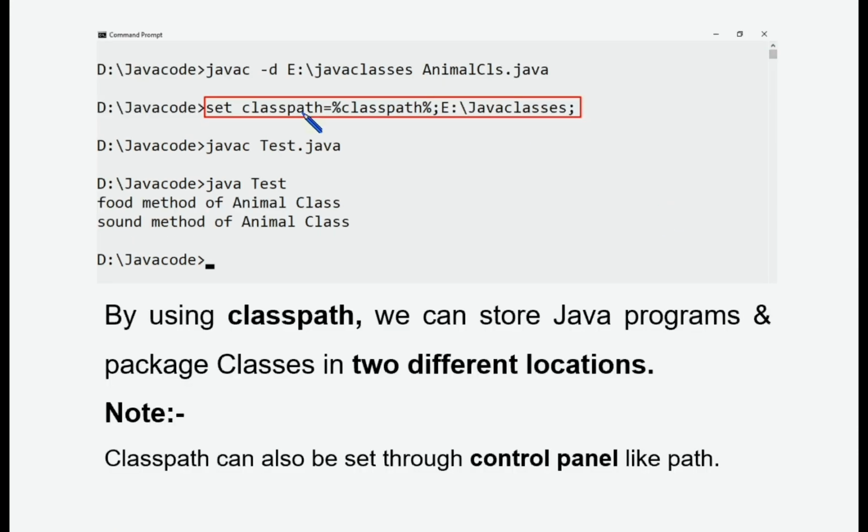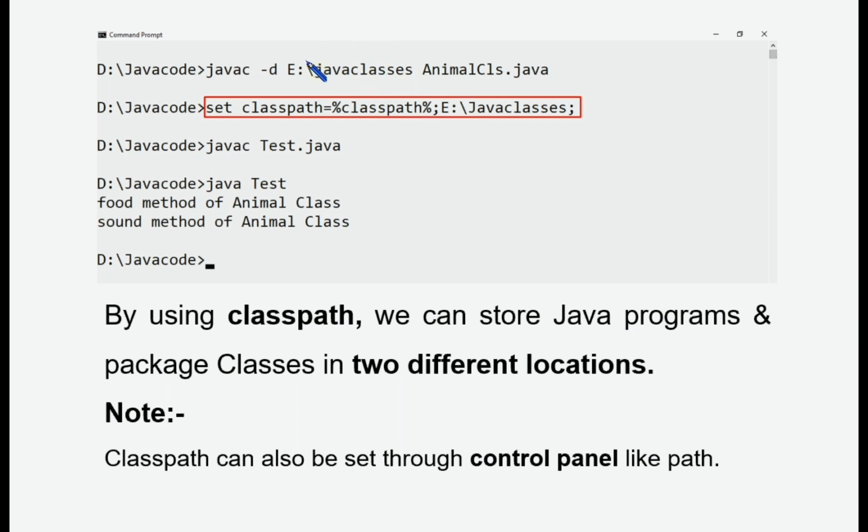Yes, now we are going to set the class path. You just compile as it is, and after that set the class path similar to path: set classpath equal to percentage classpath percentage. Note it down, you just give the location of the class. Here this is the location e:\Java classes.